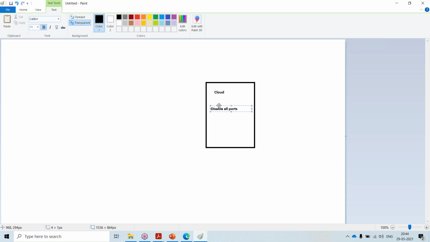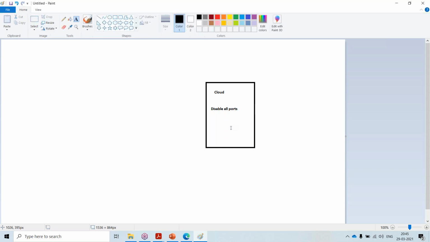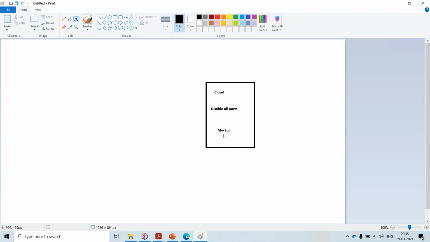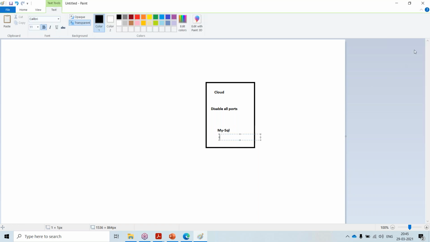Why we need ports is, do you know MySQL? Can you let me know on which port MySQL will run? Let us assume this is MySQL. What is the port for MySQL?